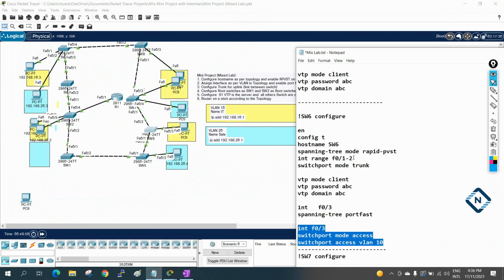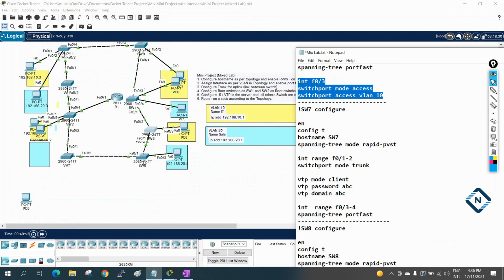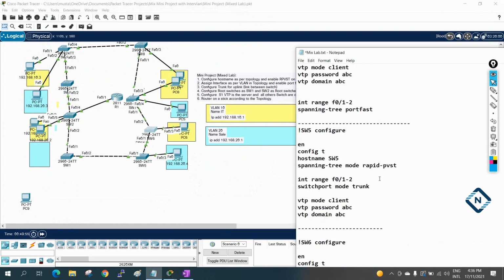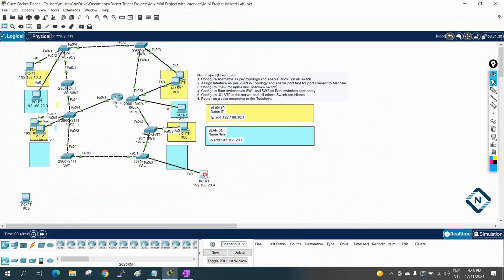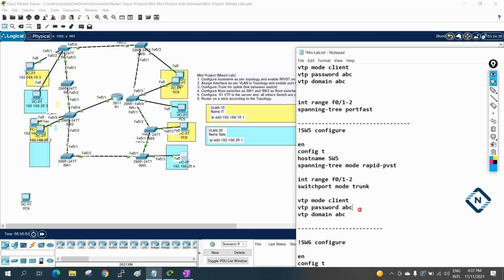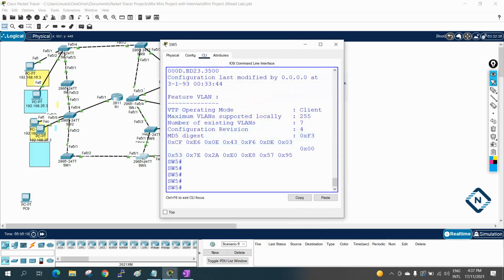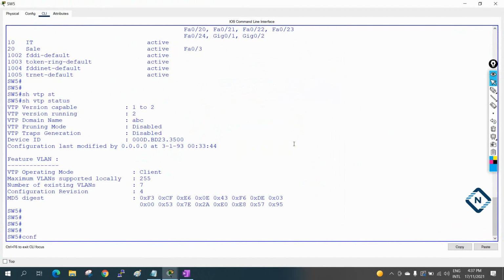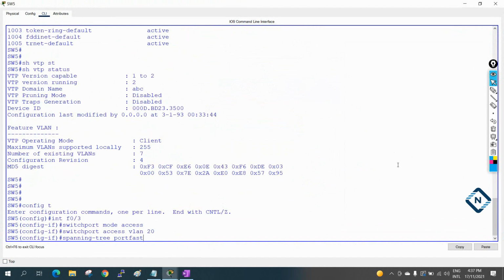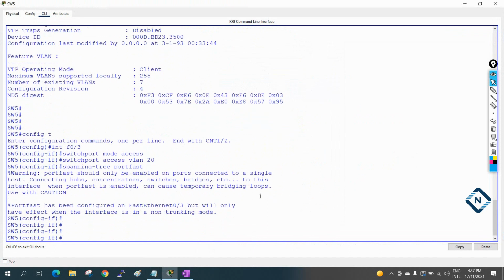Okay, what else is pending? If you see, this is switch 5. So let's go to switch 5. Here we did not assign the interface to that VLAN first of all. So we will assign F0/3 in switch 5. I will write here VLAN 20 and F0/3 only. And here, if you want, we can write spanning-tree portfast in one go, because we go inside that interface and can perform this operation. So let me paste here in switch 5, go to global configuration, and enable this. Okay, so now this is okay.